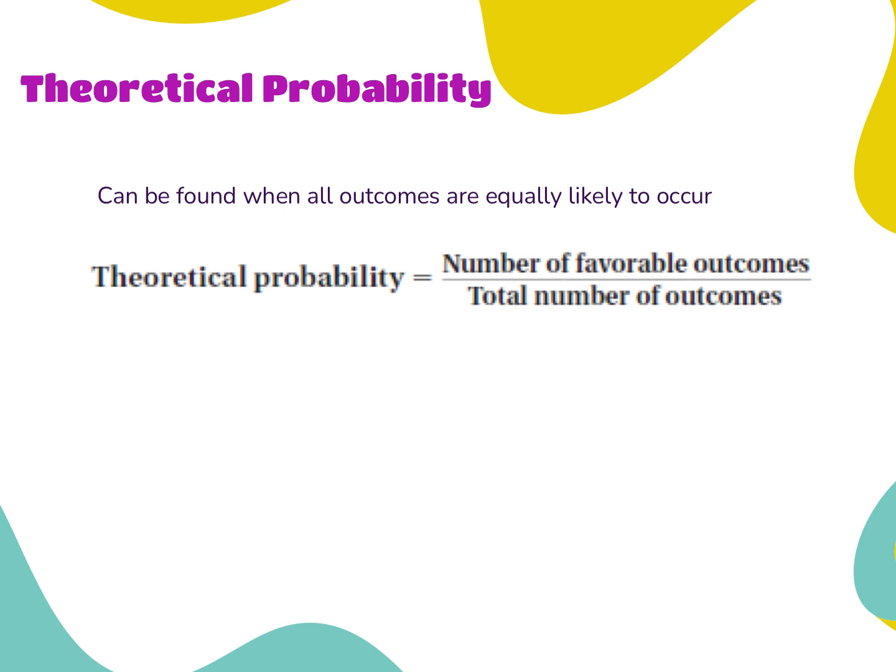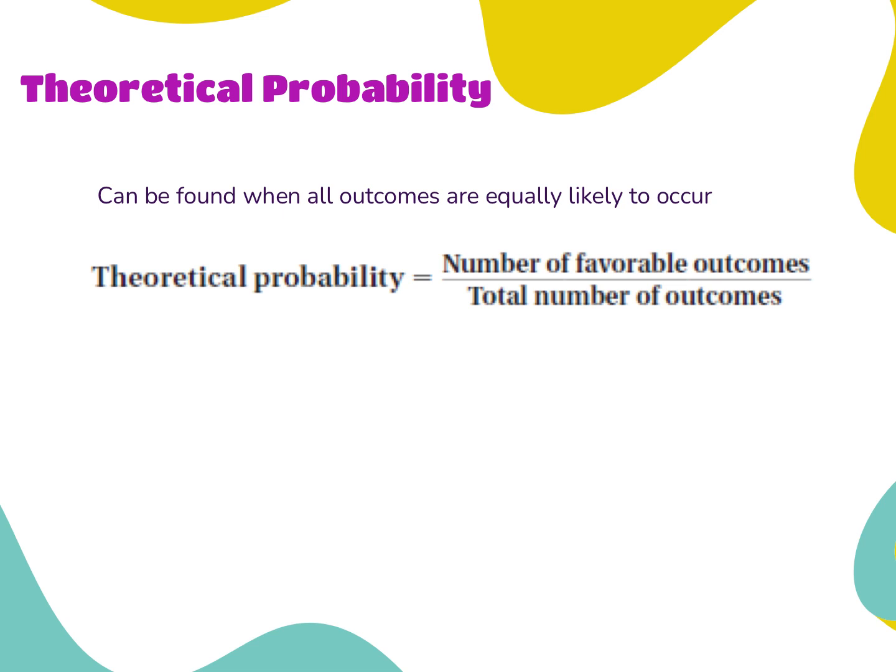Theoretical probability can be found when all outcomes are equally likely to occur. So for example, flipping the coin. When you flip a coin, it's equally likely that that coin will either land on heads or tails. So the theoretical probability for flipping a coin, the number of favorable outcomes goes in the numerator and the total